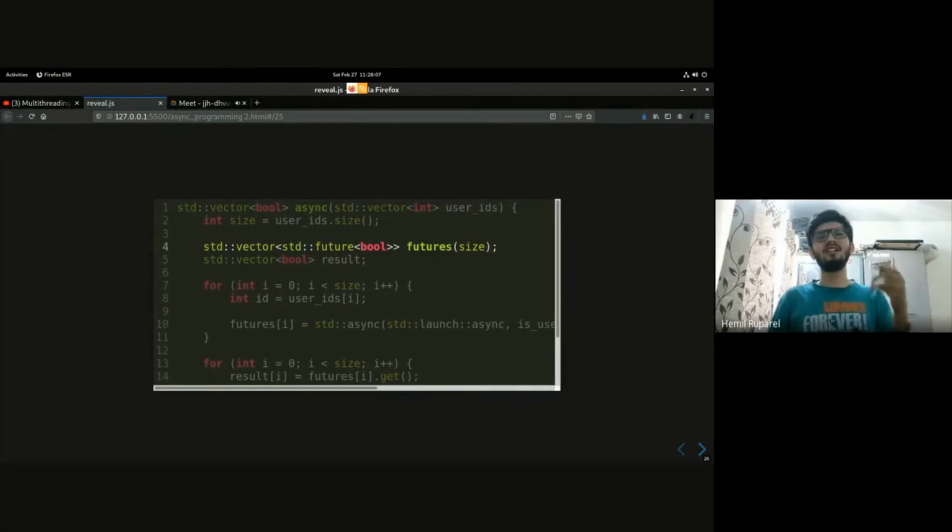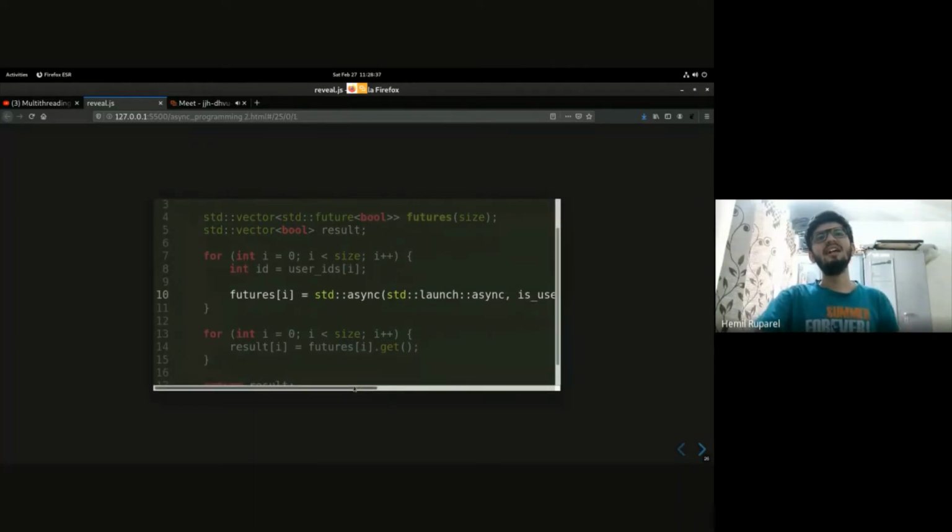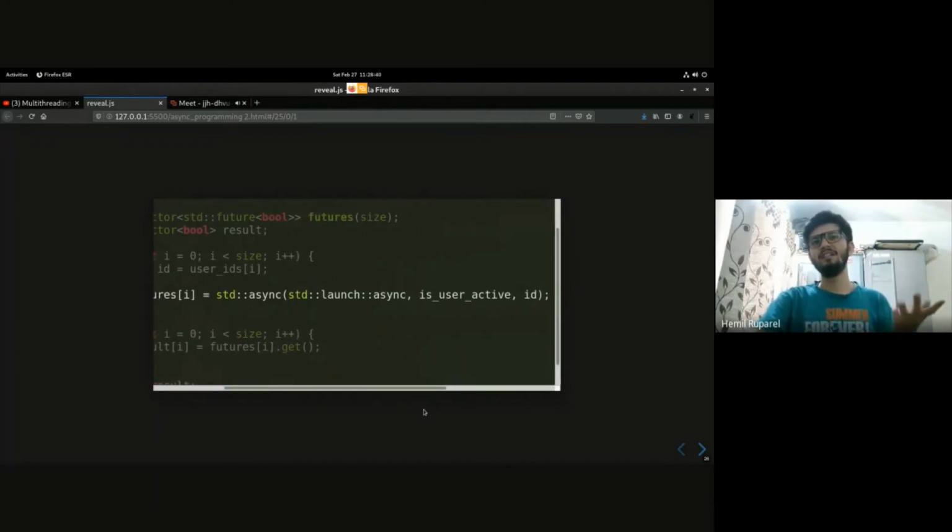So this time, instead of a vector of threads, we have a vector of futures. Now std::future is templatized on the return value of the promise. So in this case, we want a boolean result. So we are storing a vector of future bool, and we are calling it futures, and it has the same size as size. We are again having a result. Actually, there is a mistake. The result should have a constructor parameter of size. I'll update the PPT.